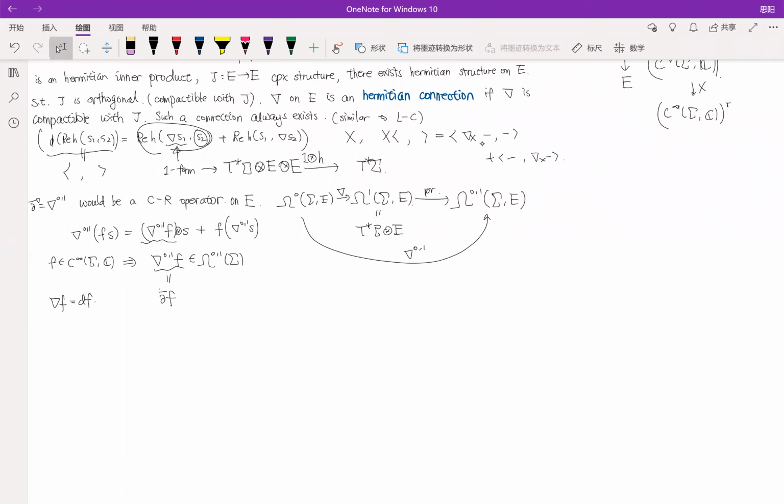This real part is with respect to a fixed almost complex structure J, and that J is determined by the Hermitian structure H. Is that right? The Hermitian structure consists of a Hermitian inner product with a given J, and the J must be compatible with the